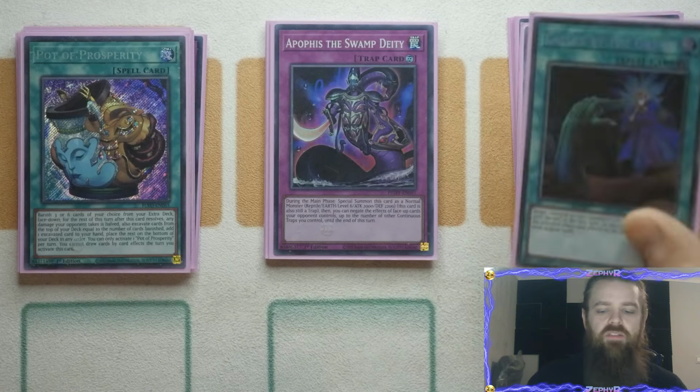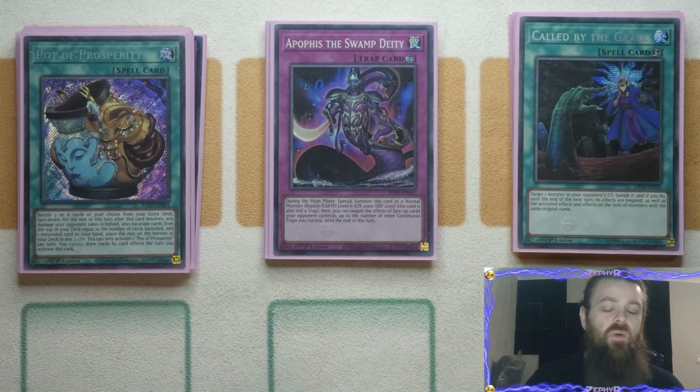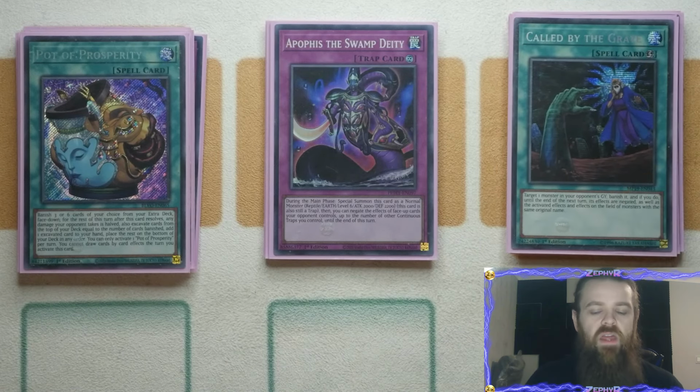For the other generic cards I'm playing, there is the 1 Pot of Prosperity and the 1 Called by the Grave. It's a 41 card deck, so technically you cut the Called by the Grave. I know people do play Pot of Extravagance, and in an ideal world that is probably the best one to play. However, because my extra deck is flexible, like you don't need to rely on any particular card so much,